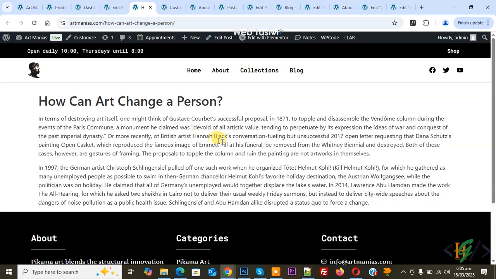Bismillahirrahmanirrahim. Assalamu alaikum. My name is Hassan and today we are going to fix the default post type "don't show feature